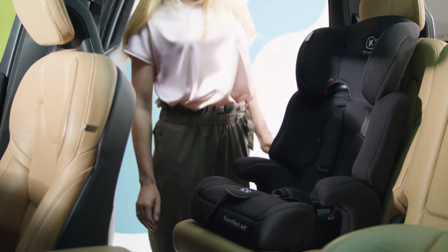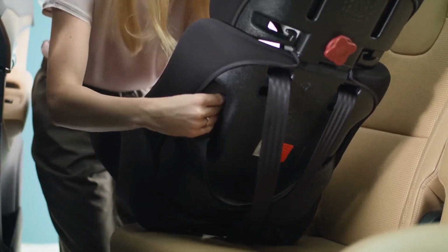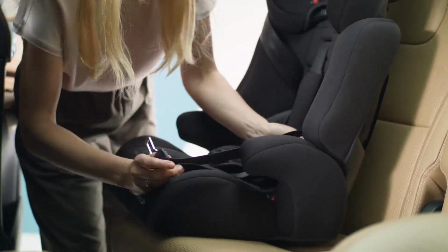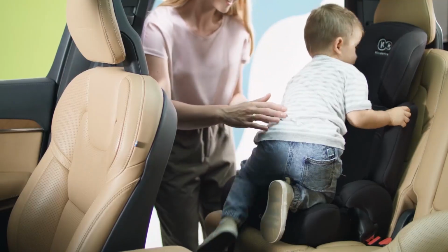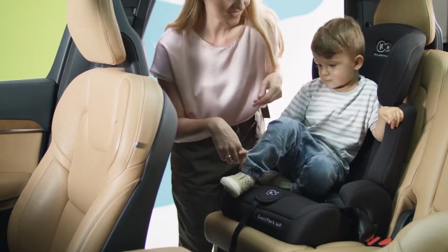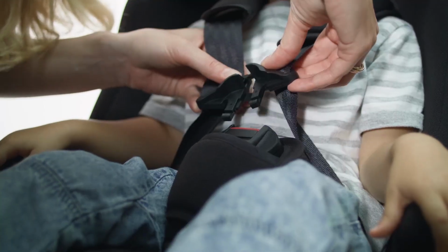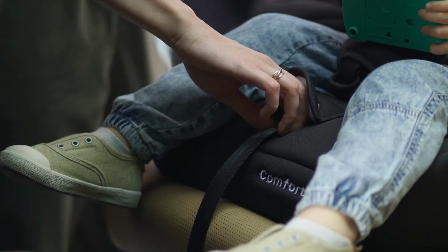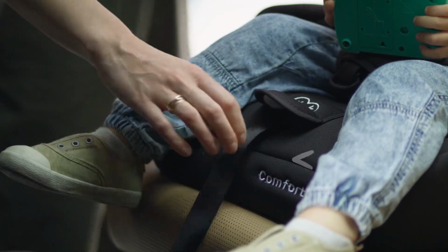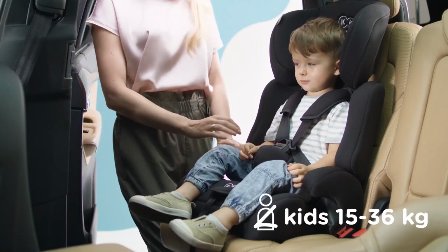Fitting it into the car is easy. Put the seat in and fasten it with the belts. Drag here, slide through here, drag again, and fasten. All done. Now for your little passenger. Put the toddler in the seat. Put the belts on. Tighten, buckle up, and done. Everything is ready. We can go and see the...